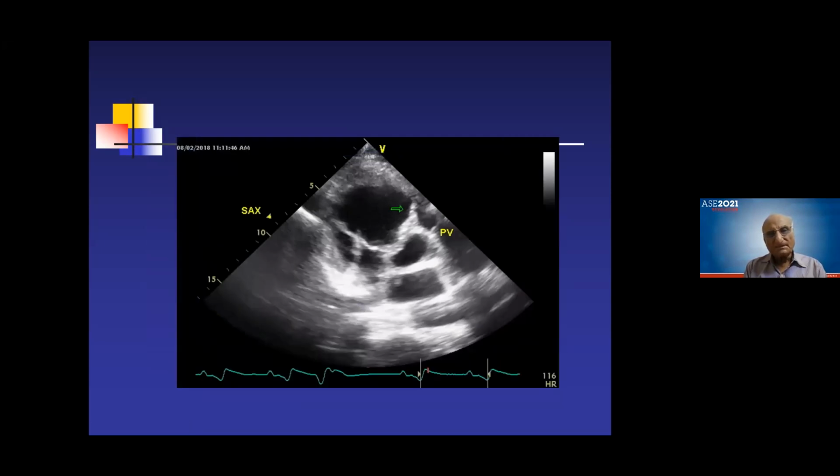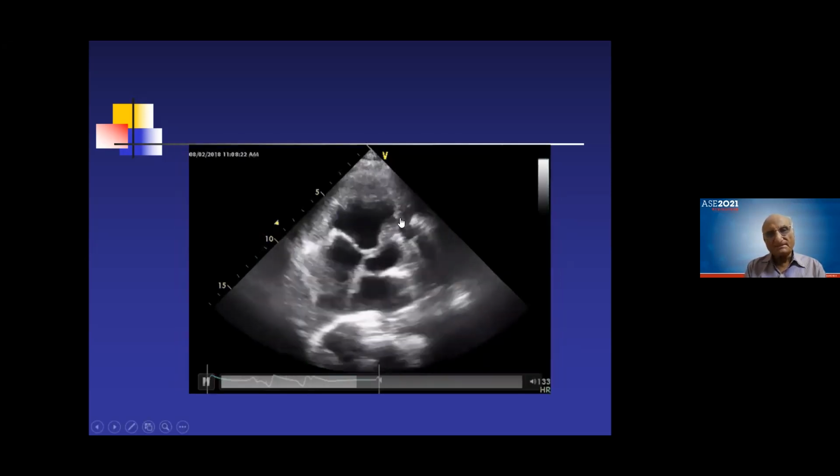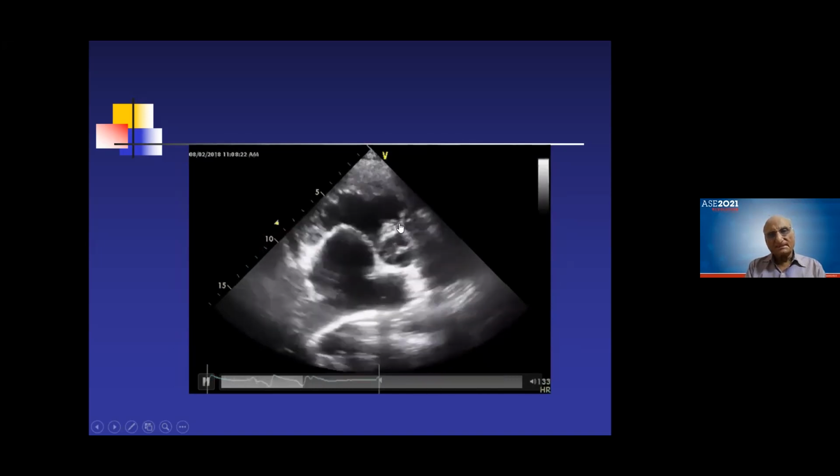So now you see here, that is what I was telling you. This is the pulmonary wall. This is the infundibular region, and you see a membrane, a completely obstructing membrane. This is the RVOT, and this is the pulmonary wall, pulmonary artery. You see an obstructive membrane, and when you see a moving image, you see this is the obstructive membrane in the infundibular region.